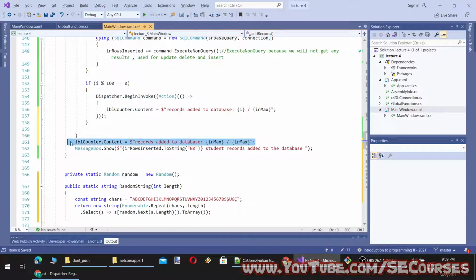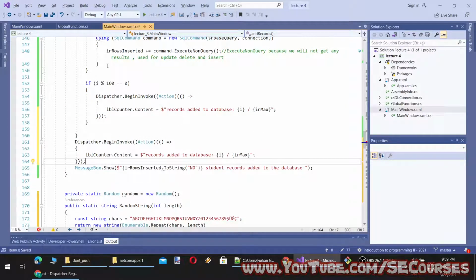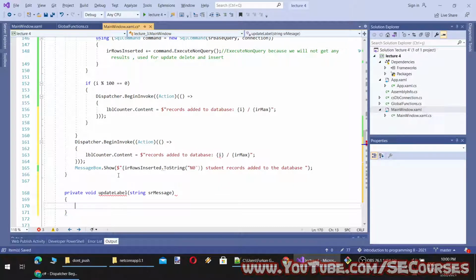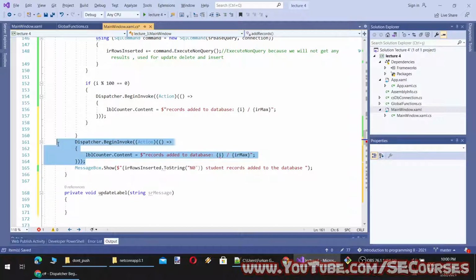By the way, you see I am writing Dispatcher multiple times, and we can prevent that from happening. How? We can write a method here, and let's say private void UpdateLabel with a message parameter, and inside here we can simply do it like this.